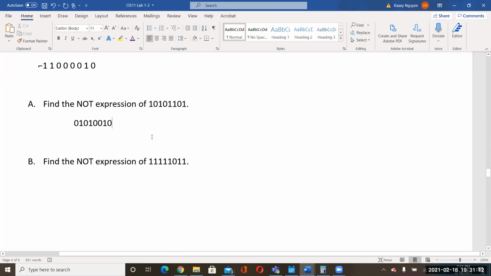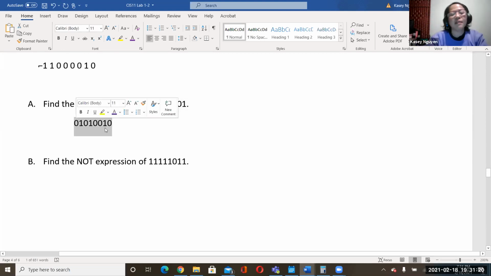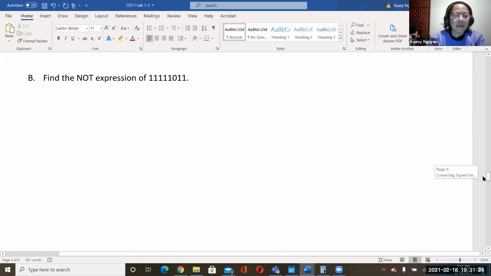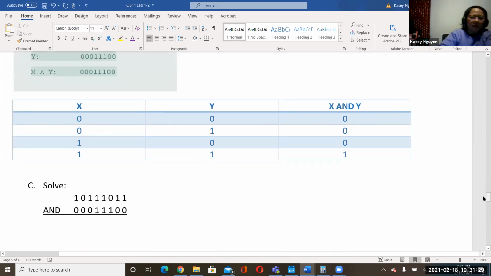So this is what we call, when you're doing the 2's complement at this stage, it's the 1's complement. It's the step before. Okay, we call that the 1's complement. Okay, so for the truth table, you have this. So the output of this would be,